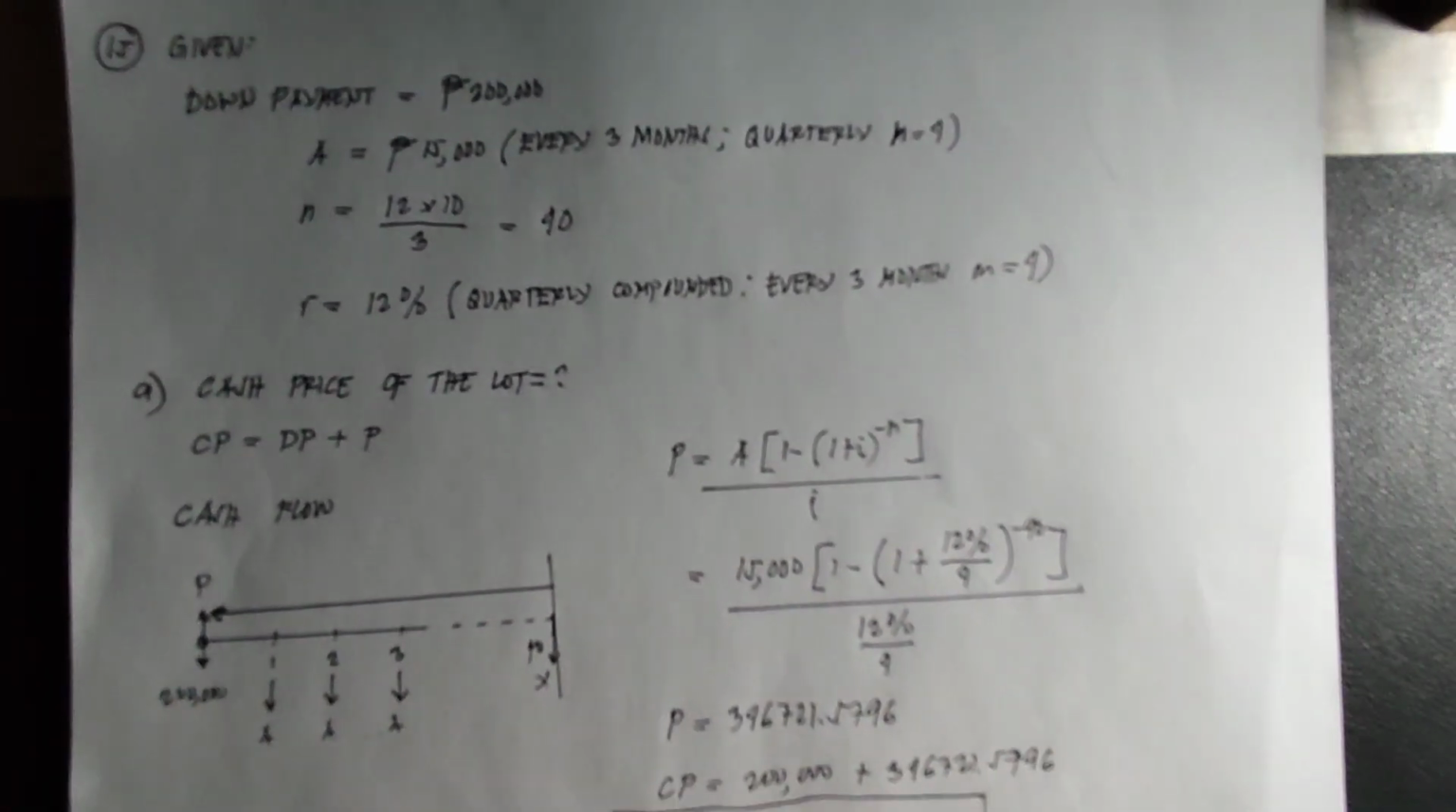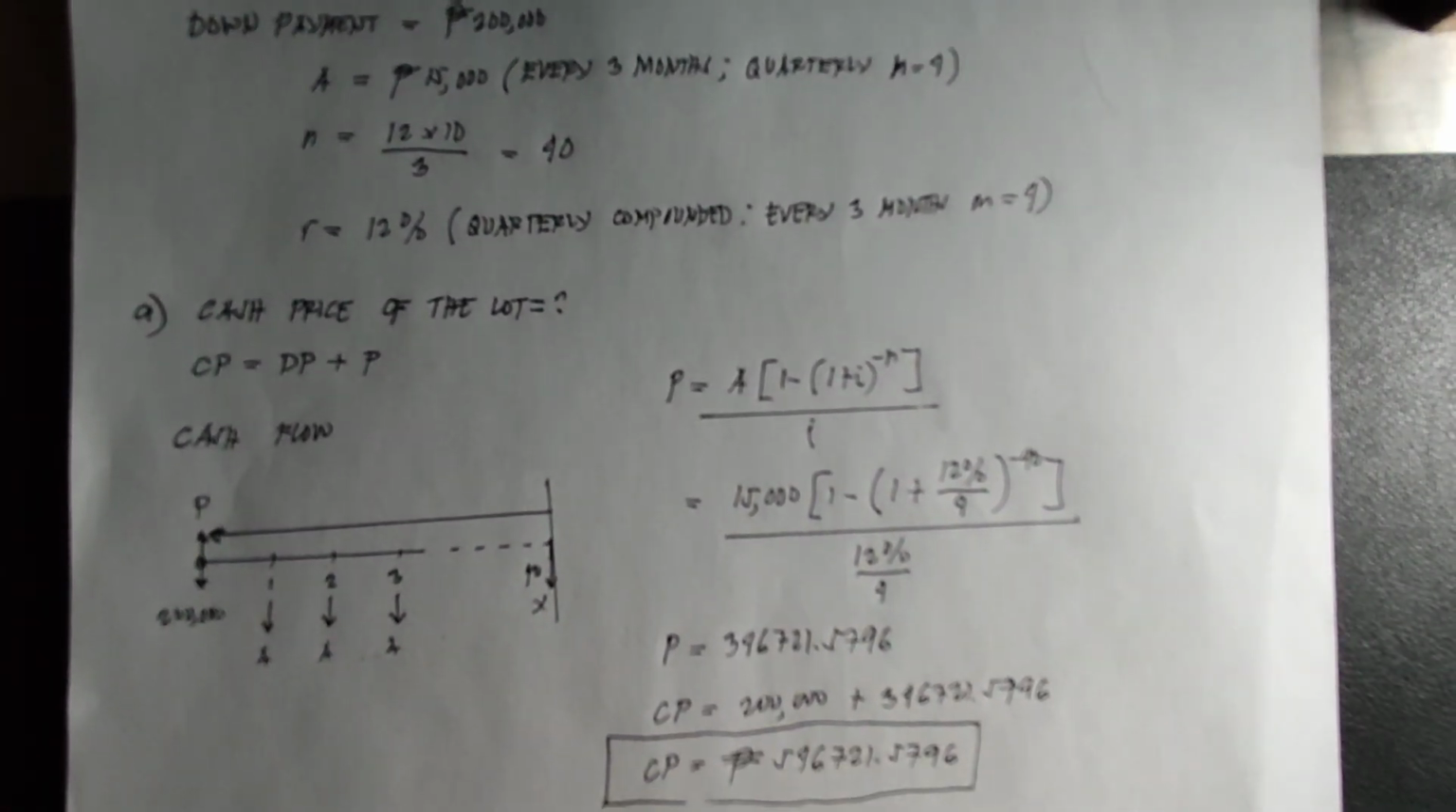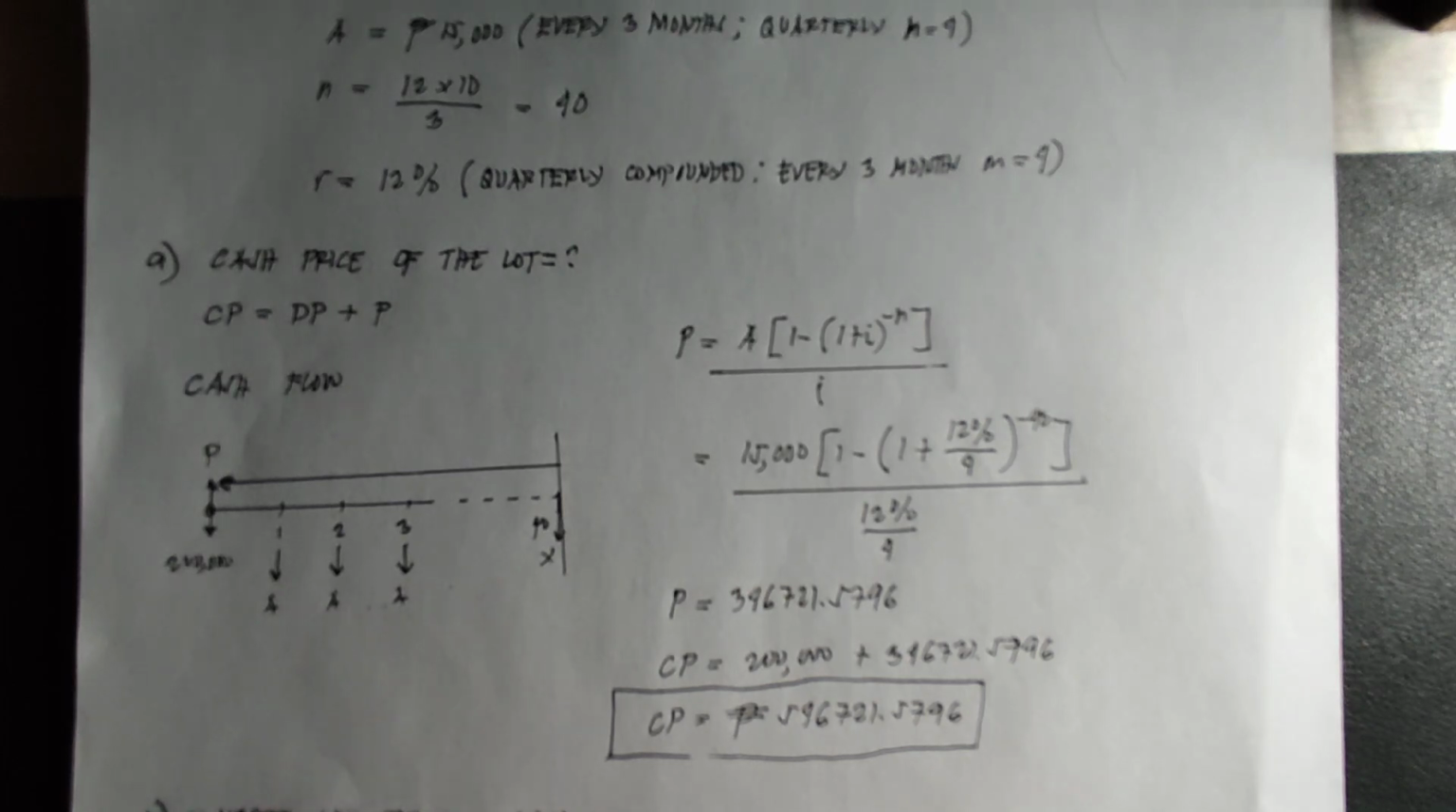So here is our cash flow. Then our solution is P = A multiplied by the quantity of 1 minus (1 + i) raised to negative n, all over i. Then let's substitute all the values. Our A is 15,000 multiplied by the quantity of 1 minus (1 + 12% over 4) raised to negative 40, all over 12% over 4. Then our P will be